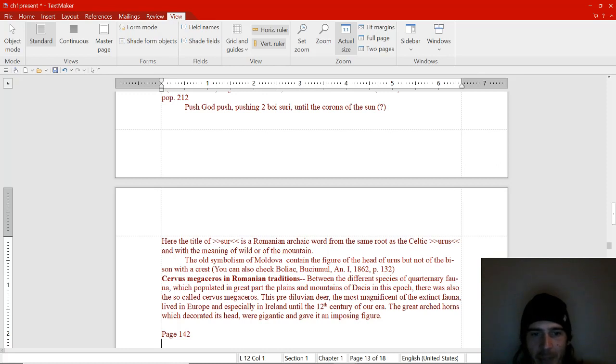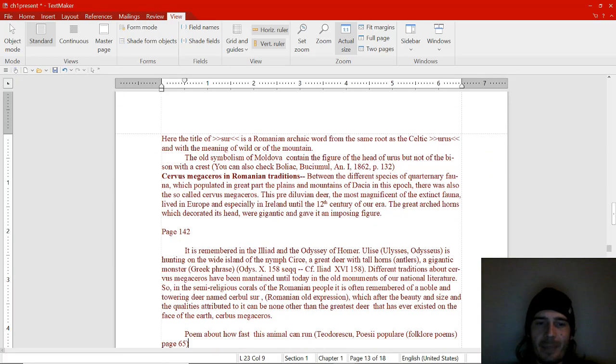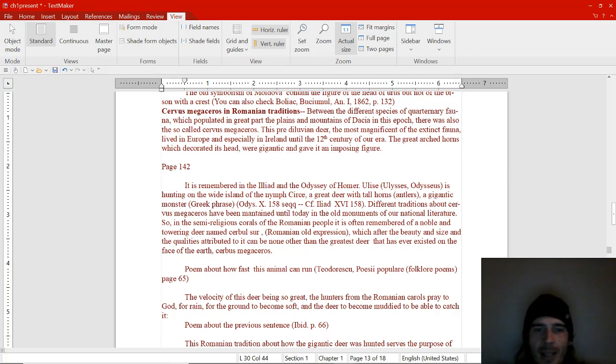Next is the Cervus Megaceros in Romanian tradition. Between the different species of quaternary fauna, which populated in great part the plains and mountains of Dacia in this epoch, there was also the so-called Cervus Megaceros. This pre-diluvian deer, the most magnificent of the extinct fauna, lived in Europe and especially in Ireland until the 12th century of our era. The great arched horns which decorated its head were gigantic and gave it an imposing figure. Page 142. It is remembered in the Iliad and the Odyssey of Homer,